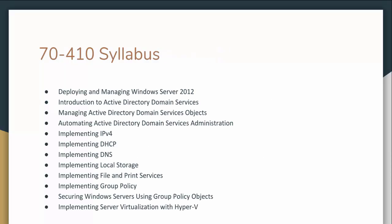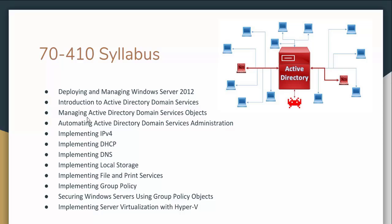All right, okay, so let me discuss the syllabus with you, the topics we are going to cover in this course. So the first one will be for the 70-410 exam: deploying and managing Windows Server 2012, introduction to Active Directory Domain Services, managing Active Directory Domain Services objects. If you are installing some services onto your system, definitely you need to manage those services, right? Automating